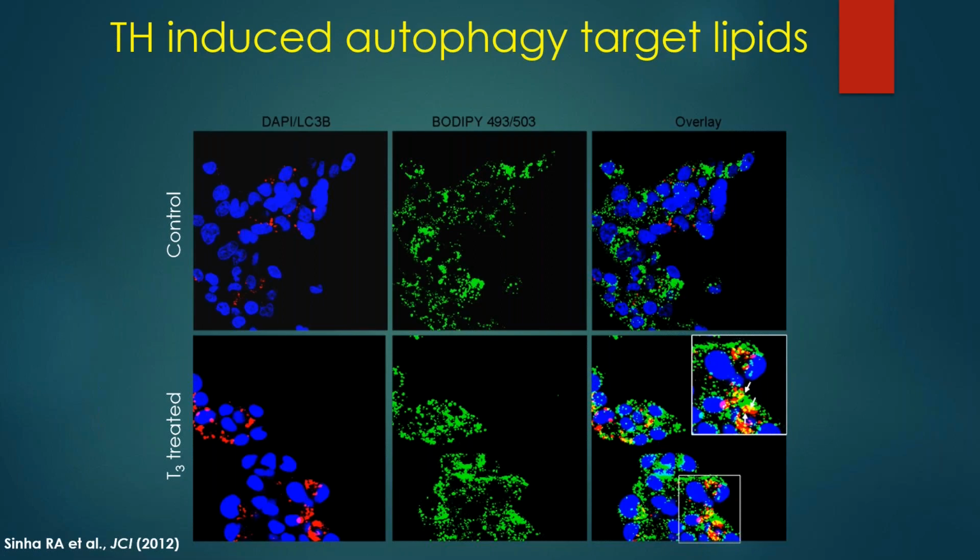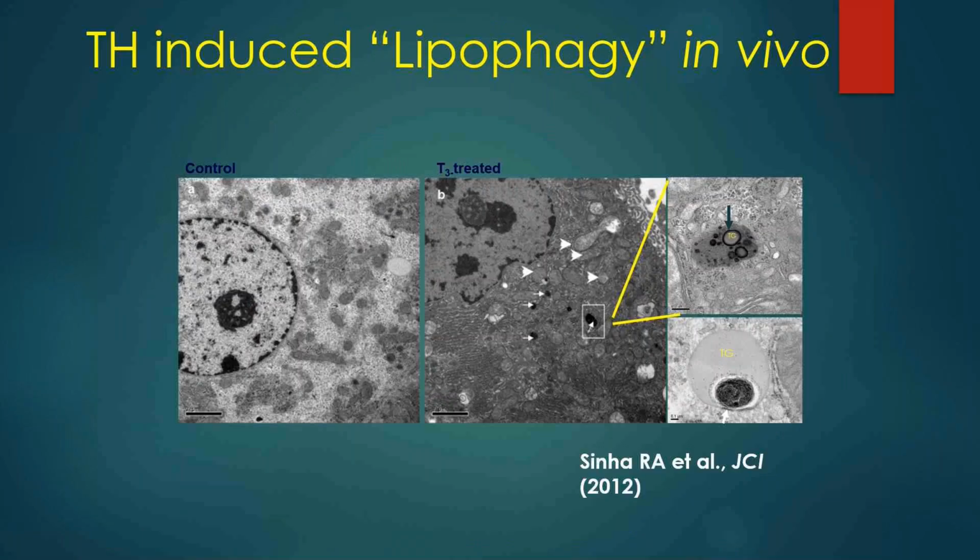And indeed, this was the case with T3 treated cells, and we could see more and more lipid inside the autophagosomes. Now, as a gold standard to see autophagy, you have to do electron microscopy, and in this electron microscope image of a T3 treated mouse liver section, you can see increased triglycerides inside the